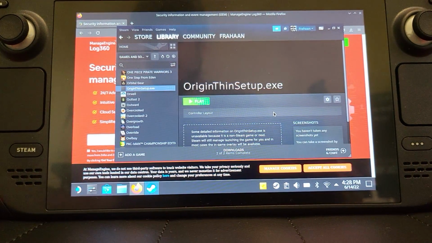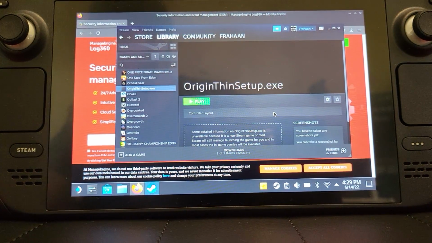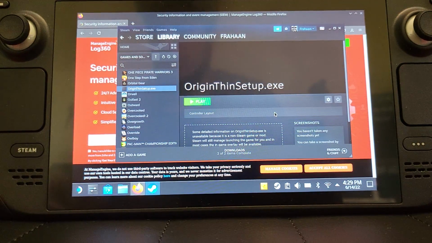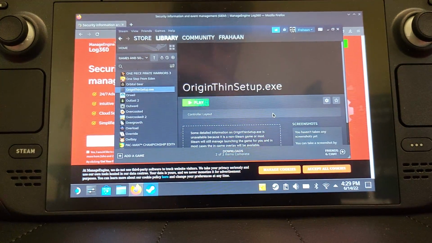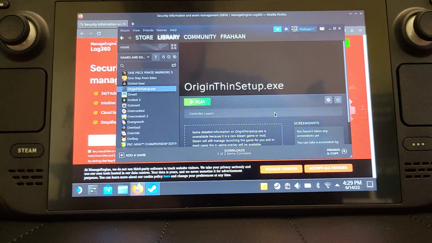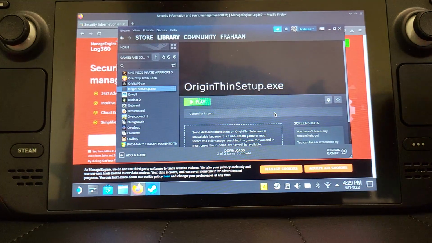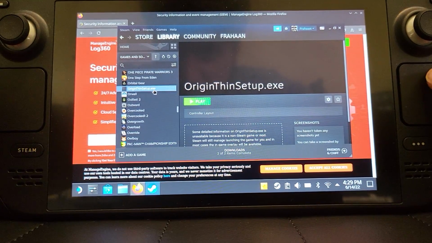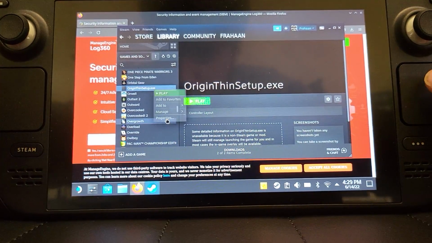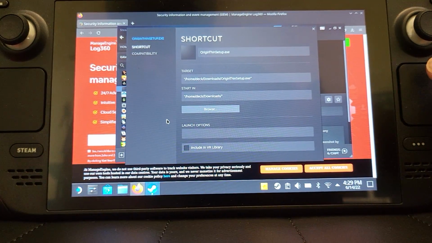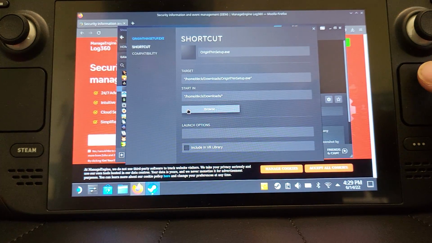So again, I cancelled the installation because I've already got it installed. But now what I'm going to do is show you how to add Origin to Steam, because we've got the Origin Fin set up, but we don't need that in Steam anymore. Assuming that you've just installed it, what we need now is the actual Origin, and we can go over to here, right click, go to Properties, and what you want to do is